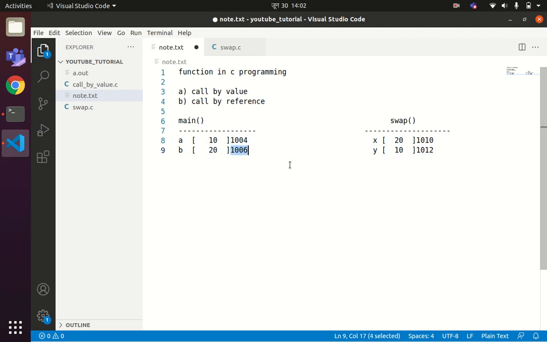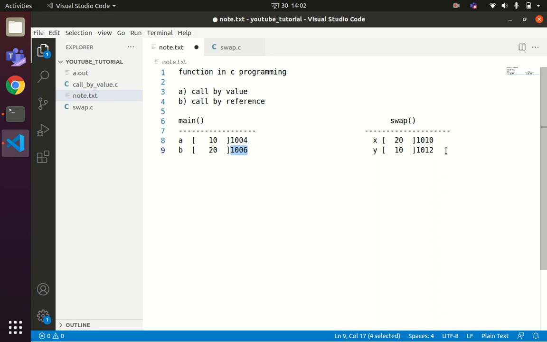Now see, all these addresses 1004, 1006, 1010, 1012 belong to the same address space, right? So the swap function also has direct access to the addresses 1004, 1006. Similarly, the main function also has direct access to the addresses 1010 and 1012. Now how to deal with the address of a variable in C programming language?